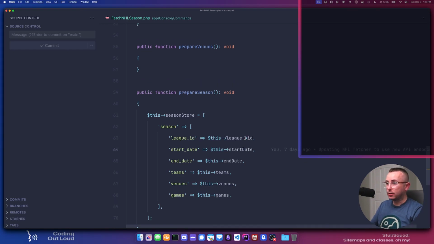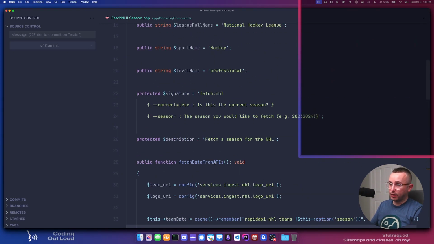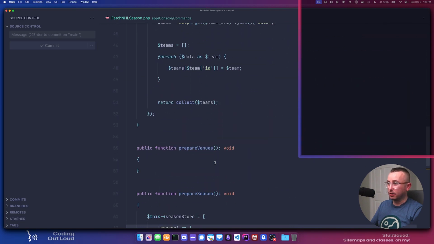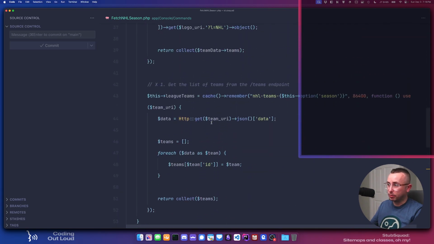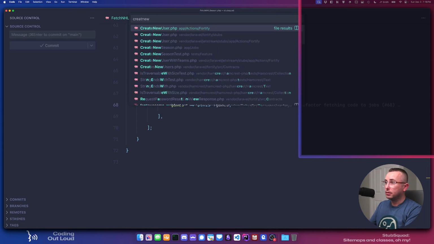Each of those teams, venues, and games are created as part of this fetch data from APIs. Now we're doing a little more than we should here, and this will be refactored out later. But basically we're creating a list of teams, a list of venues, and a list of games. And if we go to the create new season job,